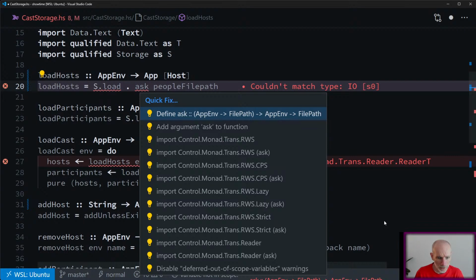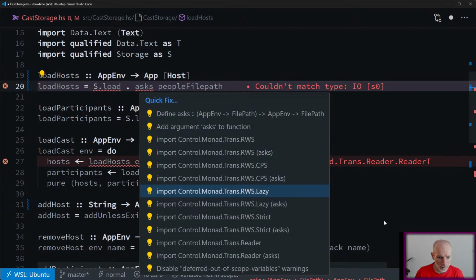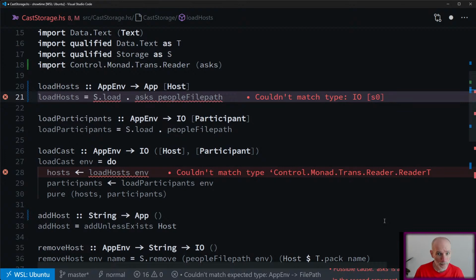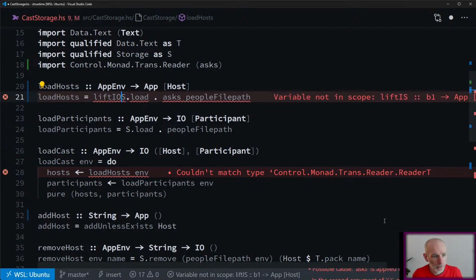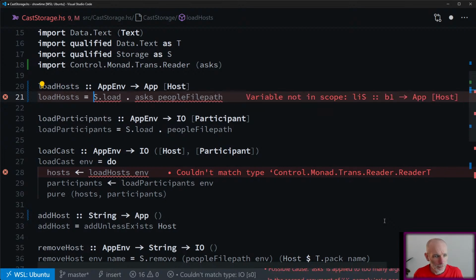Why is it not suggesting? Okay, down here we've got import that. And down here we have... sorry, I just missed it. Okay, this whole thing needs to be lifted into IO now. But does it really? Because